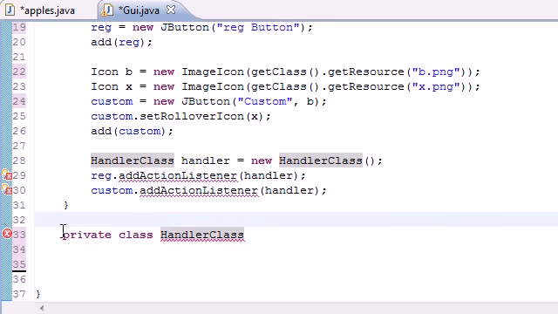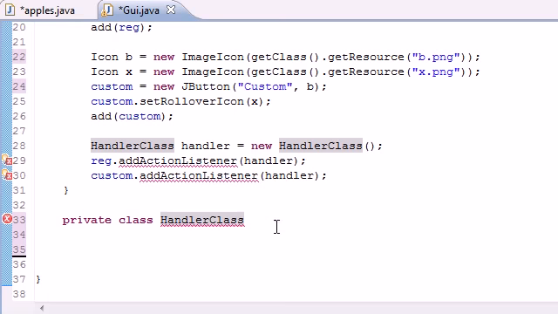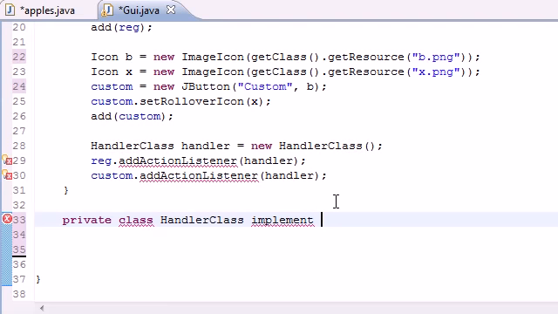And yes, we are putting a class inside this main class. We are allowed to put classes inside classes. So, just letting you know, we can do that. Why? Because we just did. And we'll have this implements, there we go. Did I spell that right? Implement action